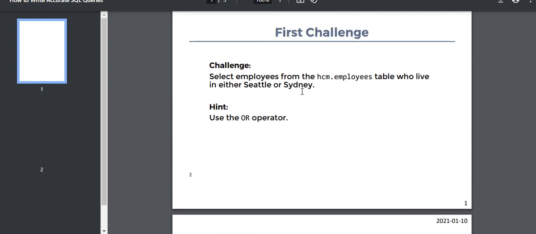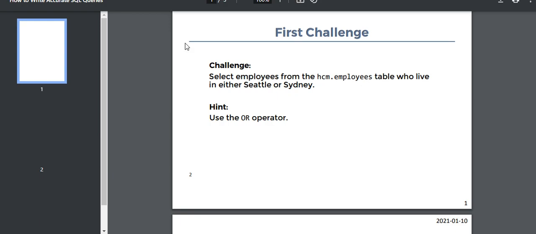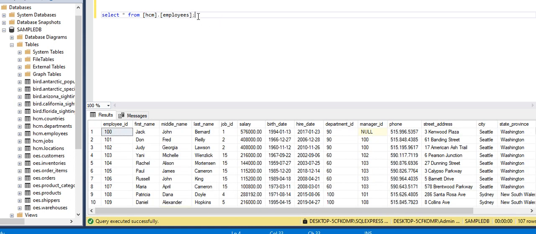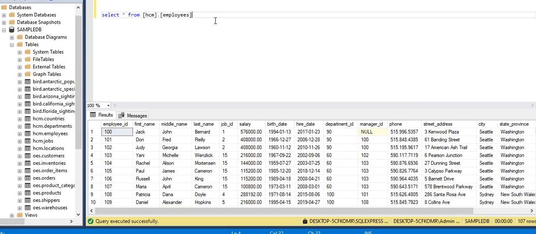First challenge: select employees from the HCM employees table who live in either Seattle or Sydney. So here, use the OR operator. Select star from HCM employees table. Here, in this employees table, we want employees only from Seattle or Sydney. Seattle or Sydney is a city, right? Here we have to use where